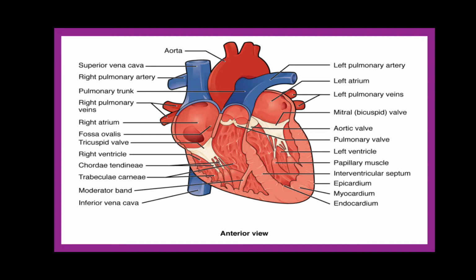Now in the structure, we are going to deal with the chambers. The very first chamber you will see is the right atrium. Since the atria are receiving chambers, the right atrium will receive blood from the vessels returning to the heart, called veins. So this is the superior vena cava, the inferior vena cava, and it also receives blood from the coronary sinus, when we are dealing with the right atrium.